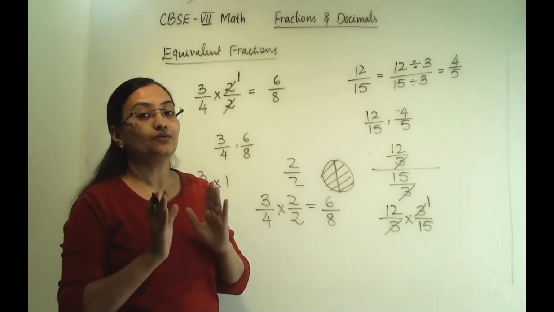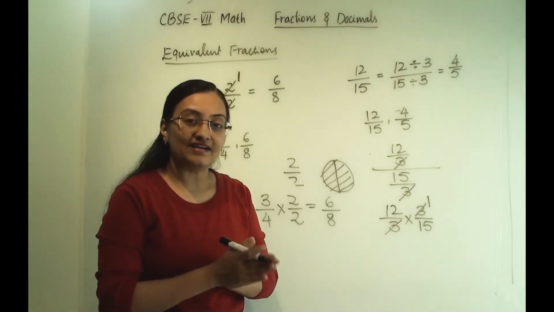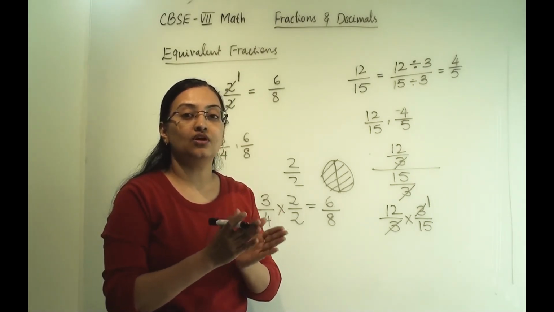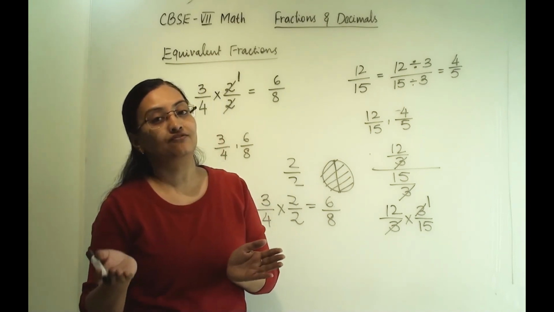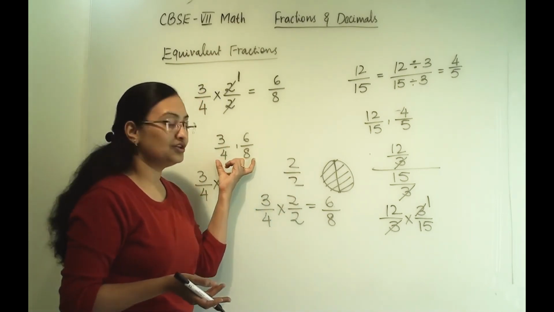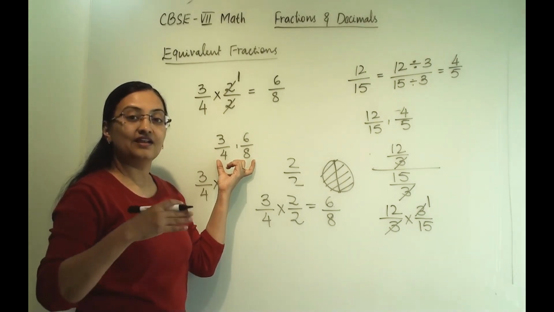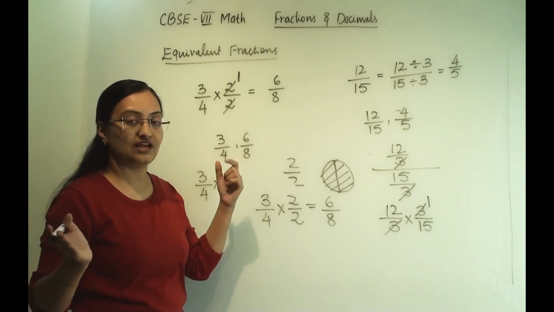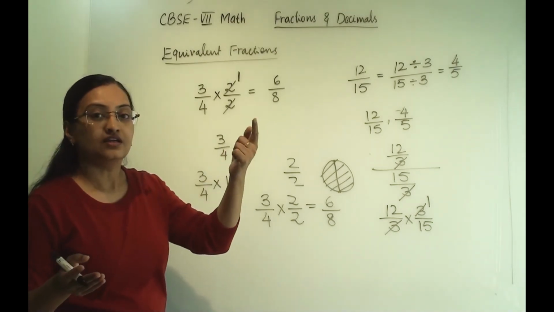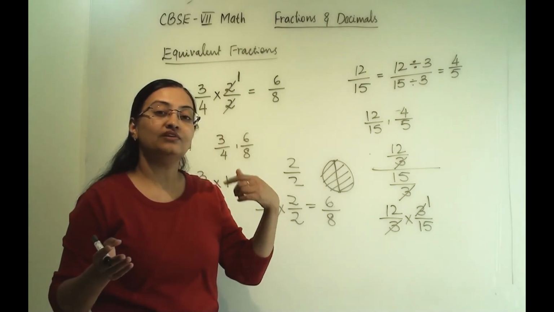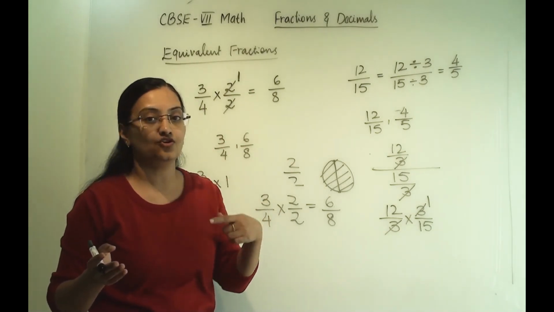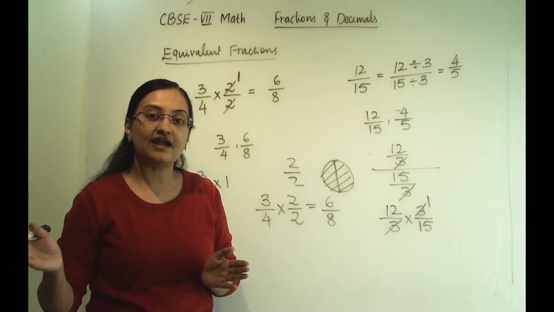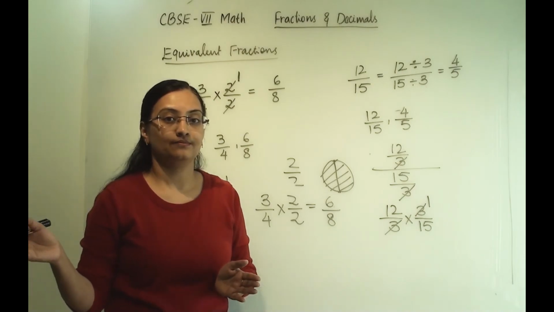This is important when we are solving addition and subtraction numericals, because in that case we have to convert unlike fractions into like fractions. So at that time we will utilize this method and convert unlike fractions into like fractions via equivalent fractions. We will multiply the same number in numerator and denominator, or divide the same number in numerator and denominator, and we will get the like fraction. Then it will be easy for us to add and subtract the numbers.